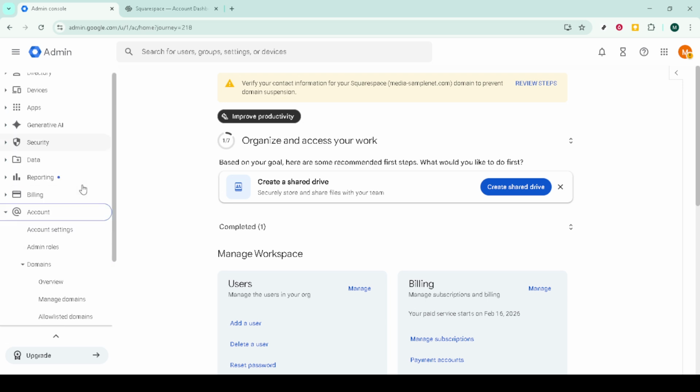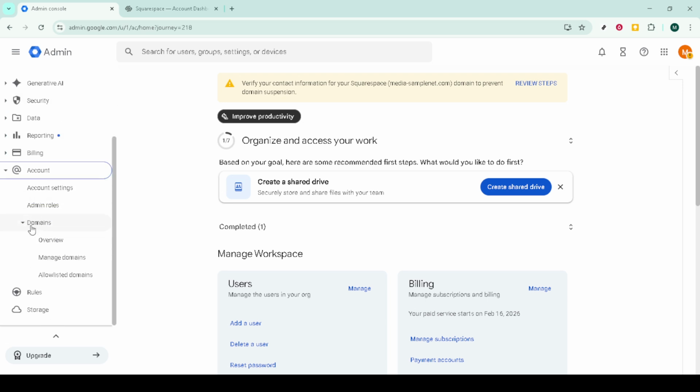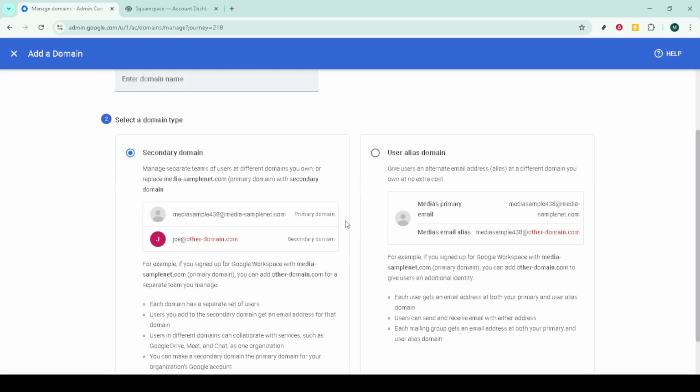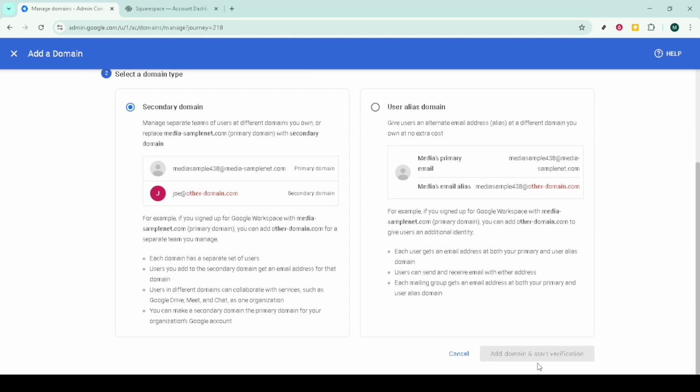Once you're in, head to Account, then Domains, and choose Manage Domains. This is where you connect your custom domain to Google. Click Add a Domain and follow the on-screen prompts. Google will give you a unique verification code. It's usually a TXT record, though sometimes it can be a CNAME. Keep this tab open. You'll copy that exact value into your domain's DNS so Google can confirm you own the